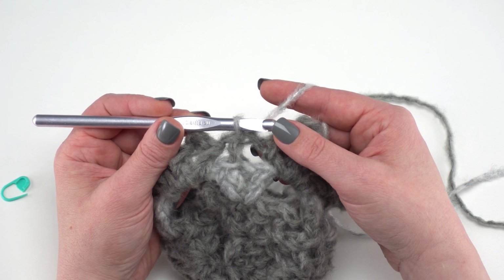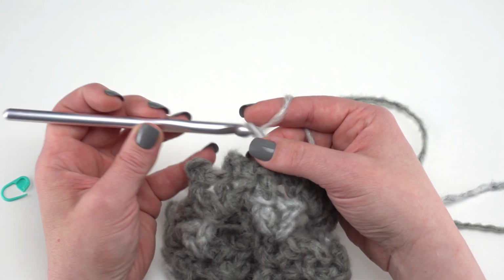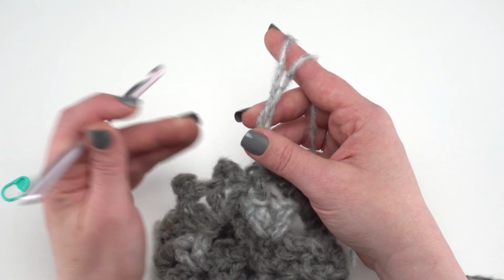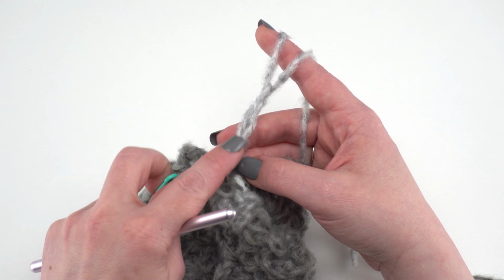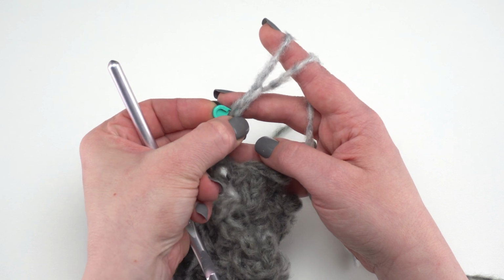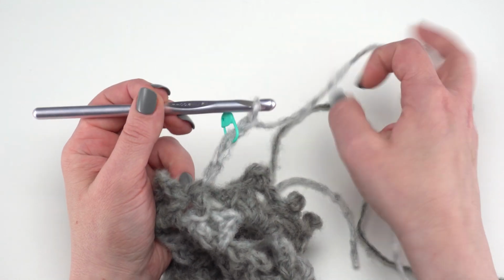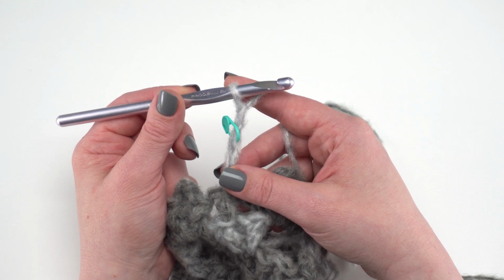To begin round 5, we're going to start with a chain 4, and this is going to count like a double crochet and a chain 1. So what I want to do now is I want to go ahead and put a stitch marker in that third chain. So you see I've chained 4 here, 1, 2, 3, 4, but I want to put the stitch marker just in the top of that third one, because again, that's going to count as the top of that first double crochet there. Put my hook back in the loop there,